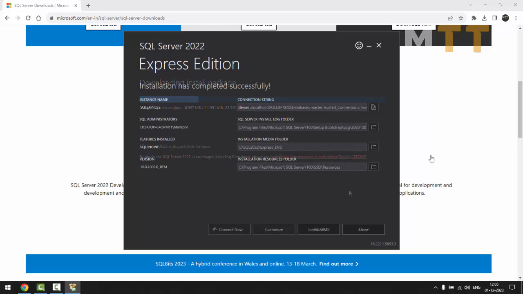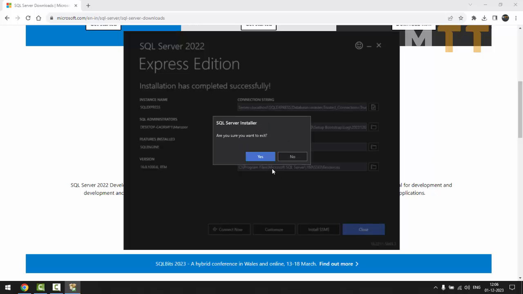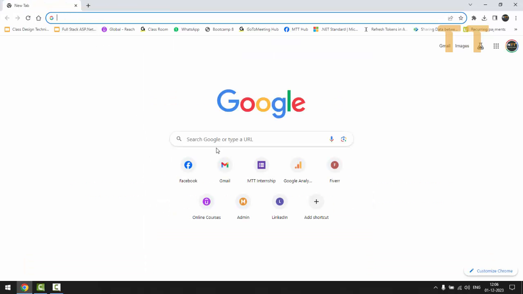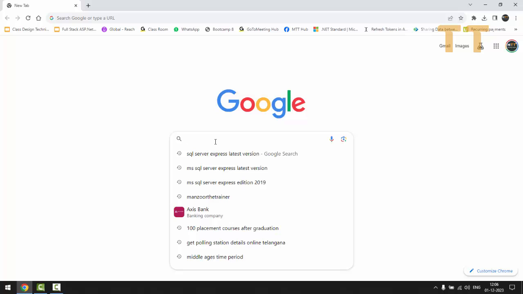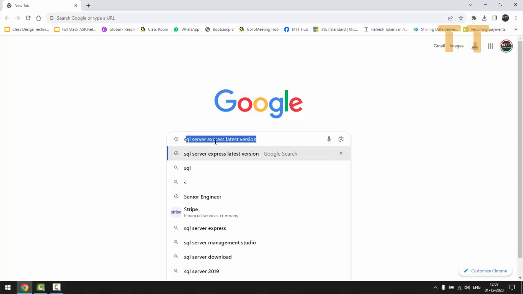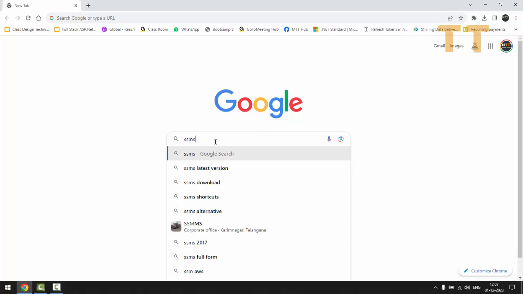So my SQL Server 2022 Express Edition is ready. Now I need to install SQL Server Management Studio, SSMS. Now I'm going to Google even that: SQL Server Management Studio Express Edition, SSMS